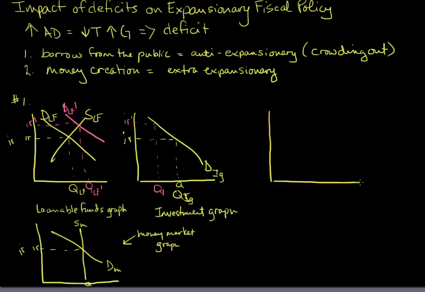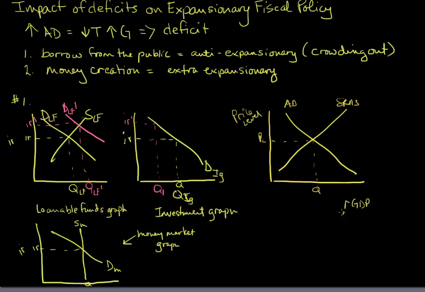So I go back here. Here's our short run aggregate supply. Here's our aggregate demand. Over here is our price level. Here is current output, current price level. Over here, real GDP, employment. Now the purpose of the expansionary policy was to increase aggregate demand. So we wanted to shift aggregate demand to the right and achieve our level of full employment at the price level and that employment. But now, if we go back here, since the government is running a deficit to achieve this,